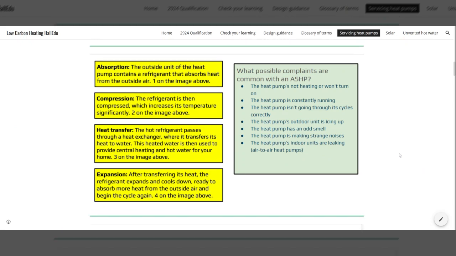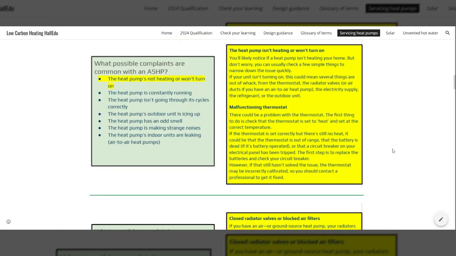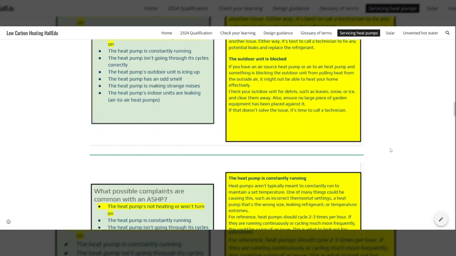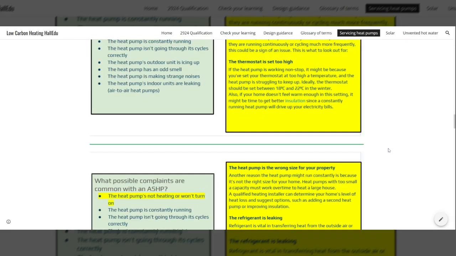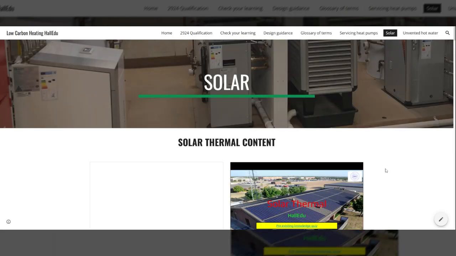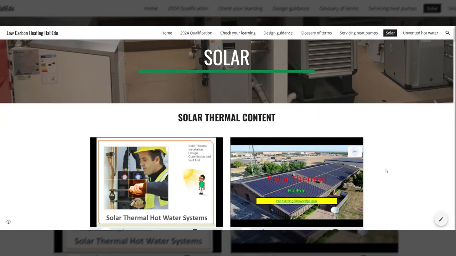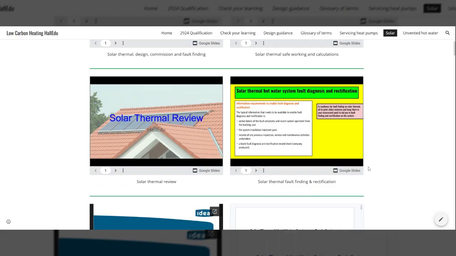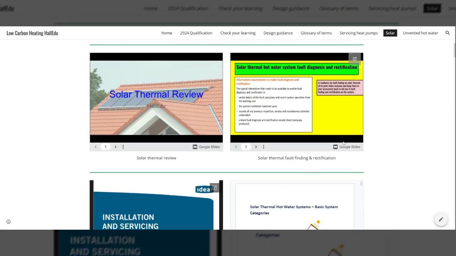And then all of these here are guidance to what could go wrong with a heat pump, and in the yellow box it's offering the solutions to what they could be. We've got the solar thermal content. So again, got delivery material that we're going to deliver to the students. All of these are slide decks for delivery,